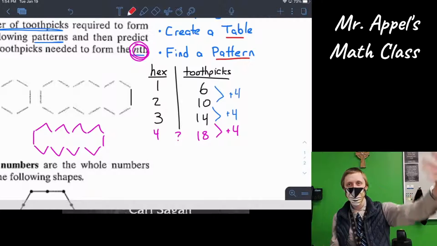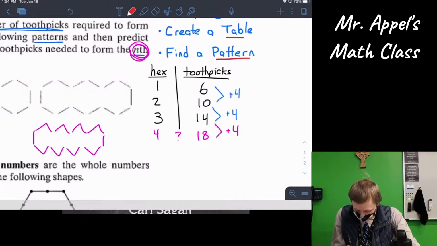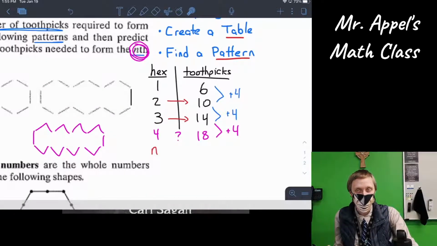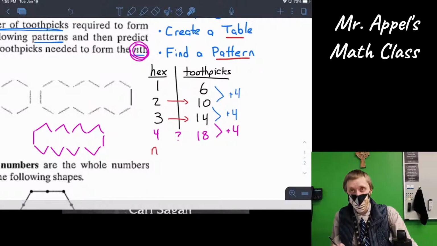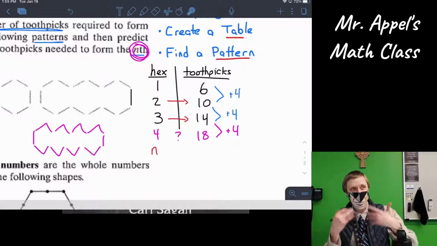For n number of hexagons, I need so many toothpicks. So you have to go directly from one to the other. Instead of the differences, now how to go from 2 to 10, from 3 to 14. Now you can find this out based on the differences. You can make use of that 4. It's going to come into play, right? I had to add 4 each time, so I'm going to have 4 times as many